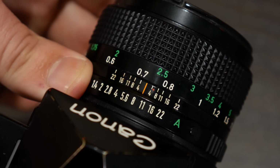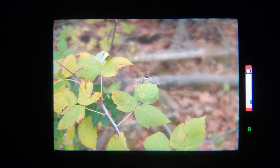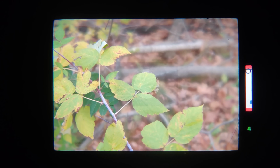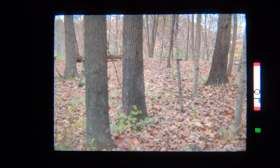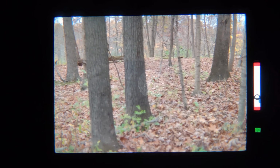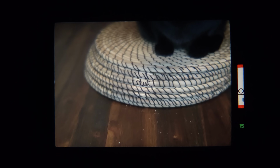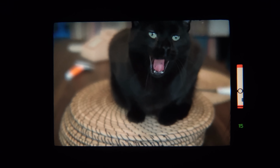Well, set the lens to f16 and keep changing the shutter speed until the needle gets in that ring. Or perhaps you need a fast shutter speed to freeze motion in action shots. Simply set the shutter speed to 1000 and move the aperture ring until the ring surrounds the needle. Easy! This metering arrangement is not only intuitive, but it's flexible and also just a great teaching aid to those